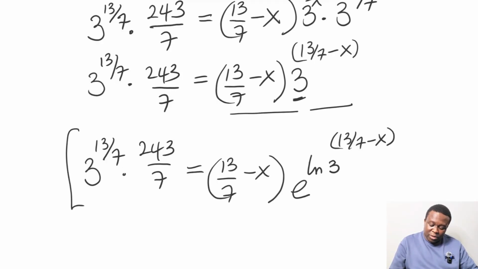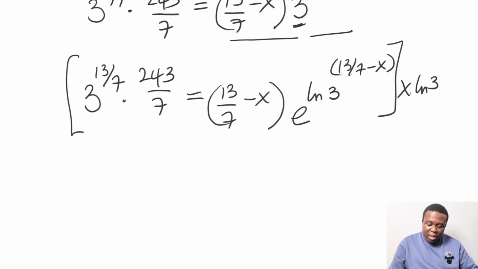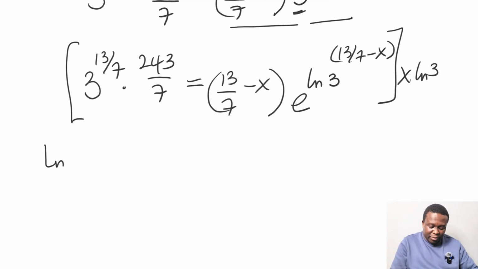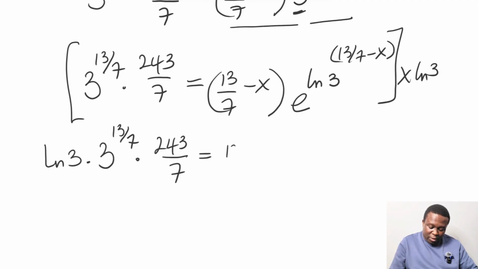Let's do the same thing, multiply by ln 3. And when we do, we have ln 3 times 3 raised to the power 13 over 7 times 243 divided by 7. That's equal to 13 over 7 minus x ln 3 e raised to the power 13 over 7 minus x